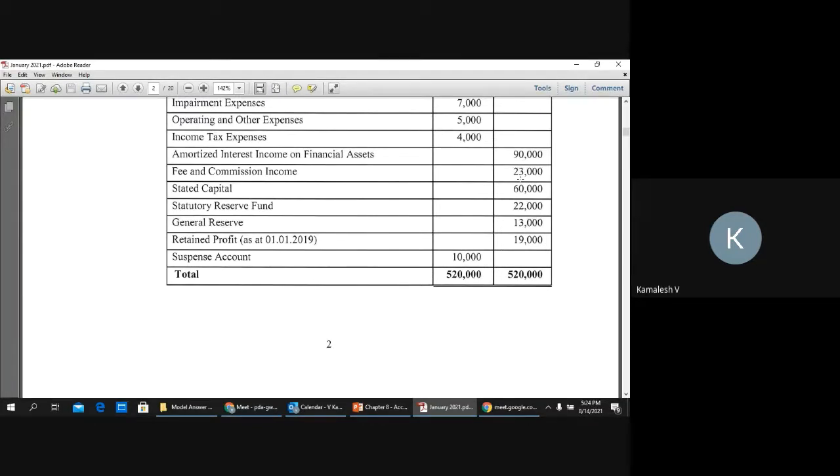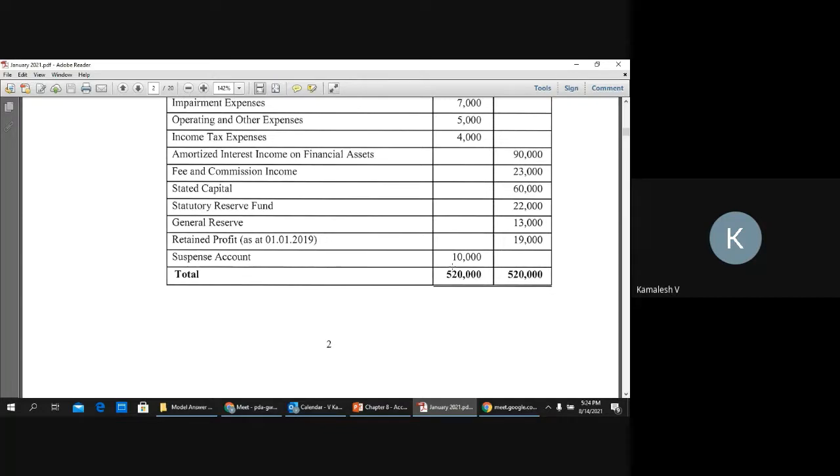So it is very important to know how you will adjust the double entries for this. For each and every one, we will do it in the class towards the latter part. But for the timing, I'm telling you that when you want to rectify the suspense account, every adjustment will have an impact on the suspense account balance. So you will have a debit or credit somewhere else in the trial balance, and a debit or credit will come to this 10,000, so that it will get reduced.